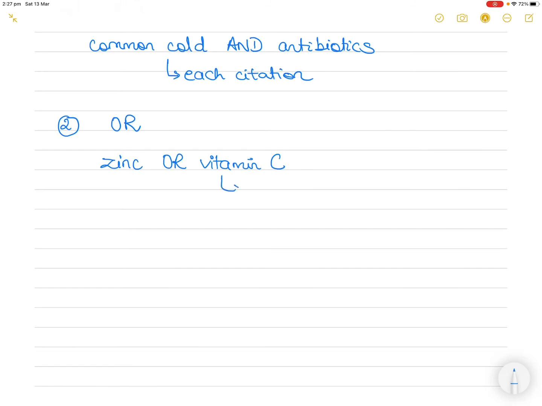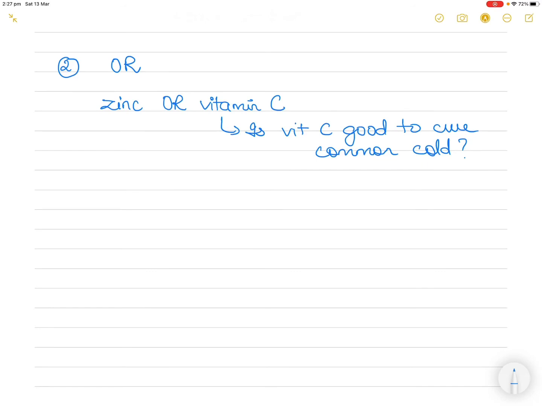All right, so let's say your question is whether vitamin C is good to cure the common cold, right? But you know that in many places the term vitamin C may have been replaced with the technical element zinc, and then you will not be getting the same papers. So to make sure that you get the right research where either zinc or vitamin C has been used, you will type zinc OR vitamin C so that you get the citations in which either zinc or vitamin C is mentioned, right? That way you are not repeating your search.